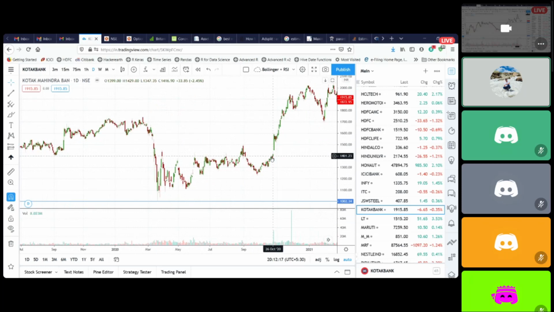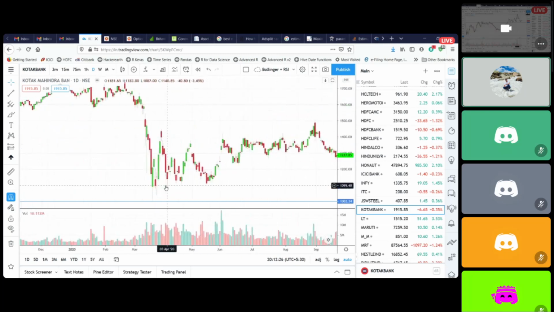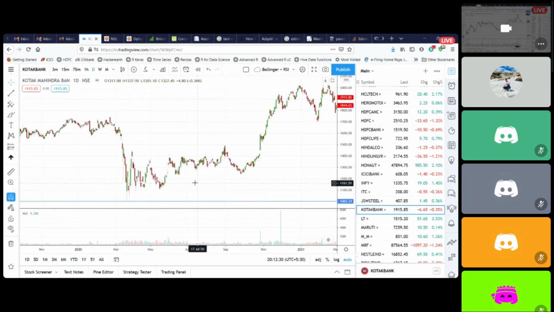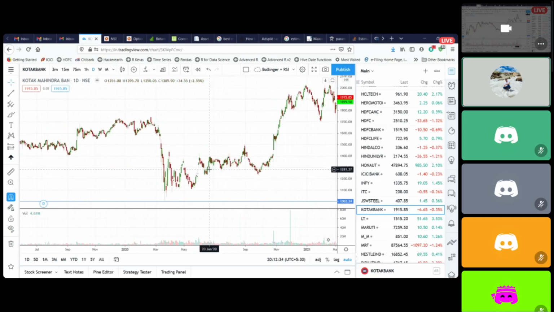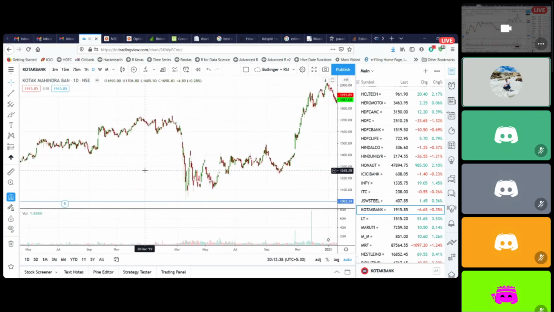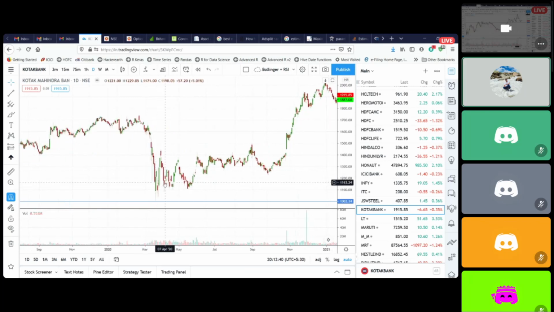So it took a long time. I mean, it consolidated for many months before it finally went up to hit those targets. But it also gave you multiple entry points in these regions. Now, this is if someone is looking for really 40, 50, 60%, but if you were looking for some 25% quick trades only, then I think you would have gotten 25% from all the entries that you see here. From year to year, it would have been 25% quick trades also.